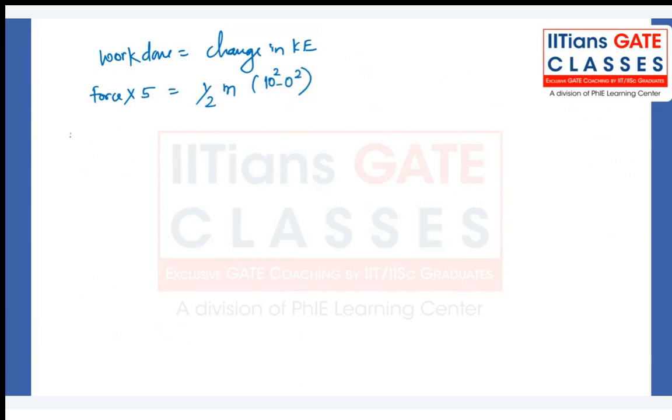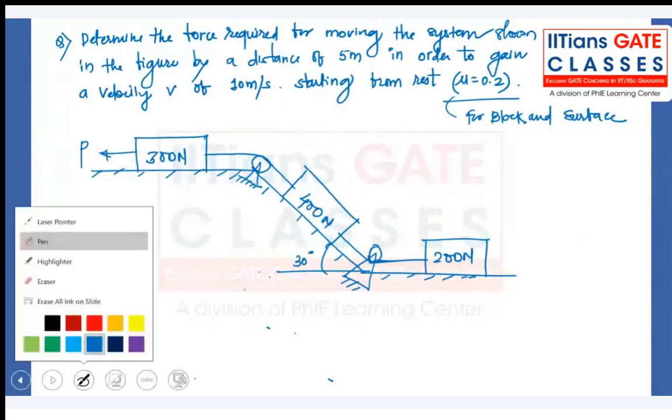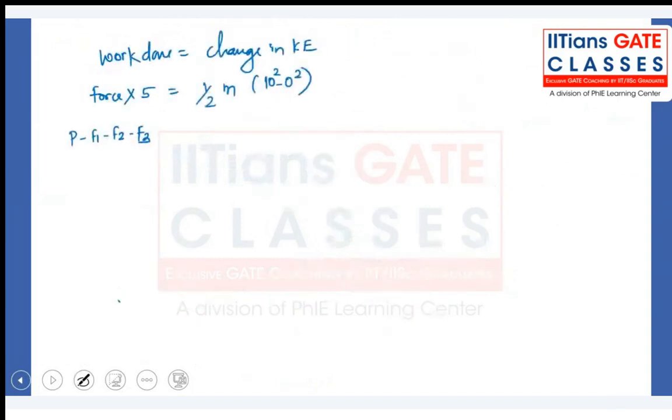P minus F1 minus F2 minus F3. So look at this. What are all the forces coming in the direction? One is the frictional force here. Let me use the red pen. Frictional force, another frictional force, another frictional force, and also the component of weight of this 400 Newton, which is Wx. So it will look like this minus Wx, that is W, how much, W sine of 30, or 400 sine 30,